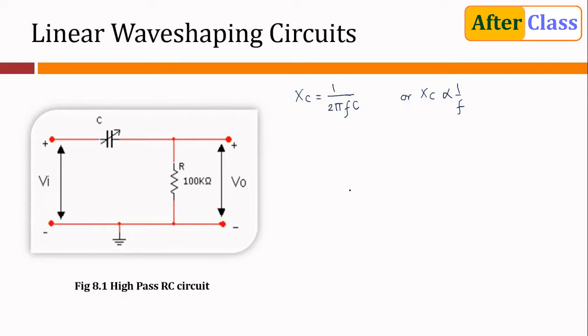Since this circuit attenuates the low frequency signals and allows transmission of high frequency signals with little or no attenuation, it is also referred to as a high pass circuit. Because of its blocking property for DC or low frequency input signals, the capacitor acts like an open circuit and blocks the signal. This is the reason the capacitor in this circuit is also referred to as a blocking capacitor. Now this circuit is widely employed as a coupling circuit to provide isolation between the input and the output.